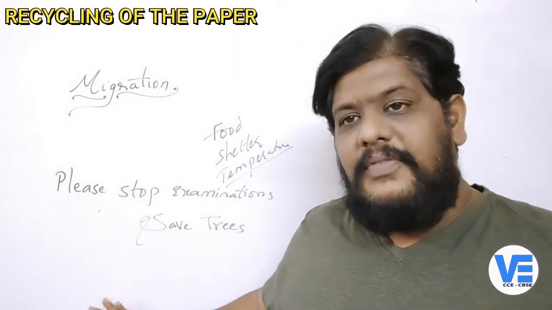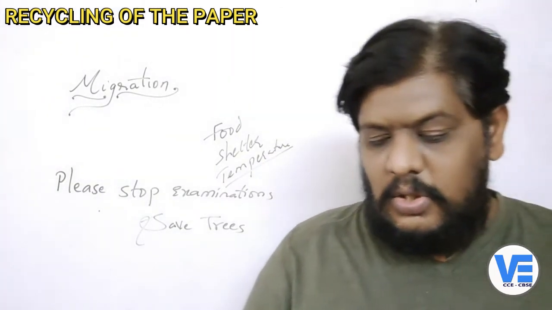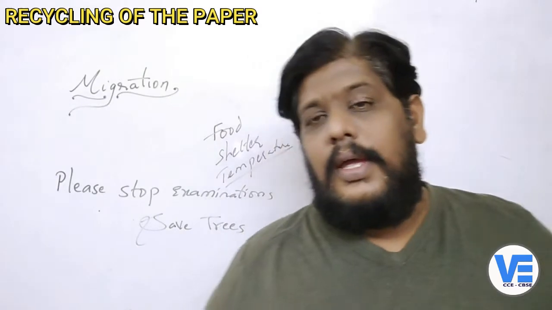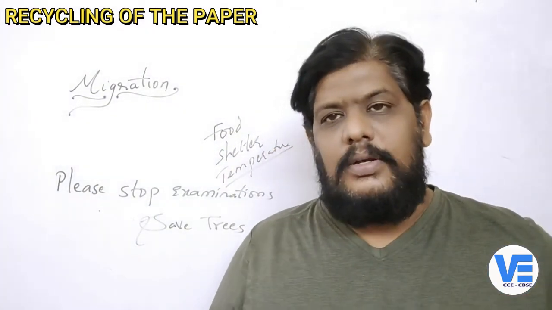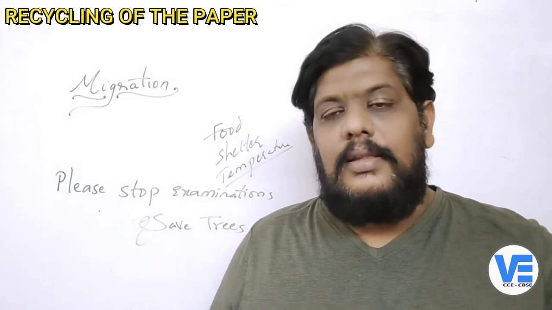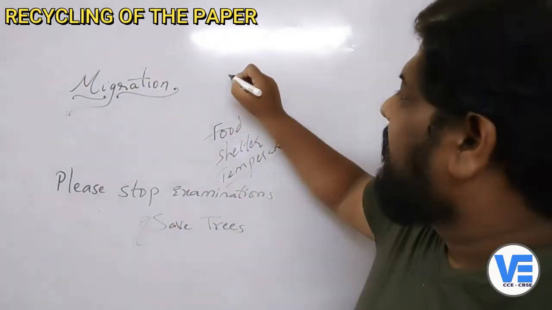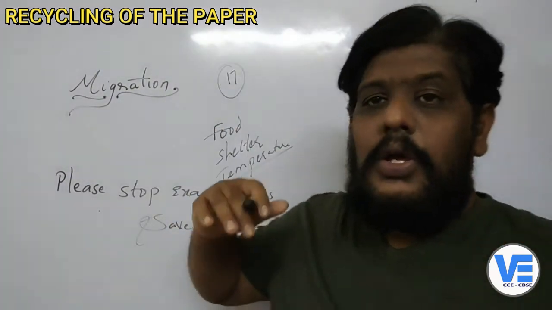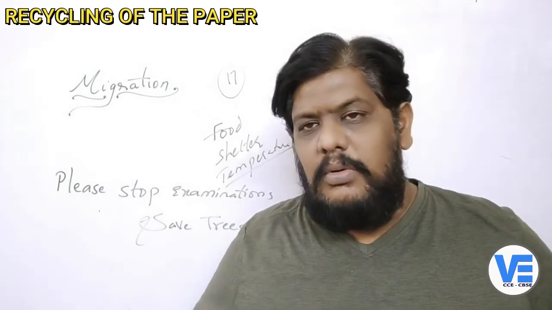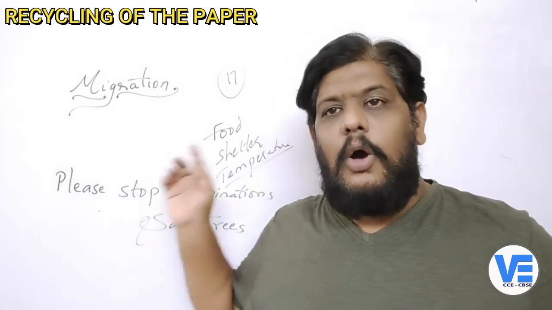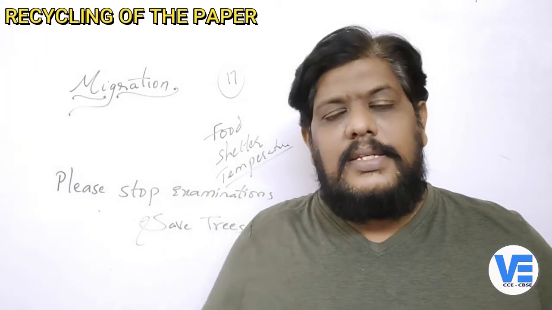So now, if you really take this into consideration, you might be astonished, you might be surprised to hear that, to make a ton of paper, what is a ton? 1,000 kgs, right? To make 1,000 kgs of paper, how many trees are cut? 17 hugely grown trees are cut. To make a ton of paper, 17 hugely grown trees are cut down.